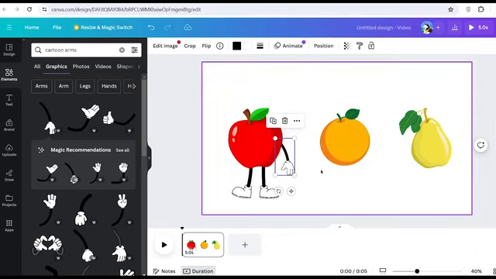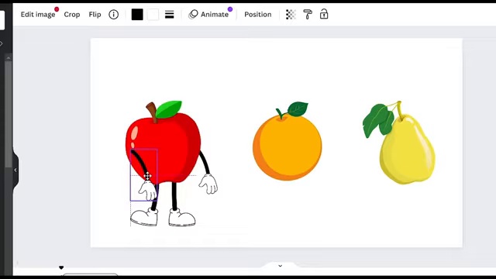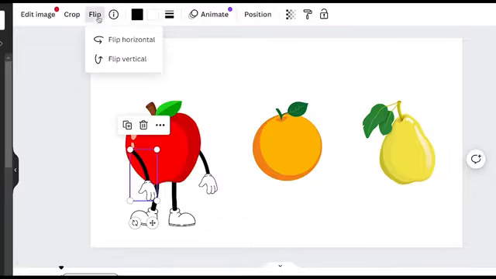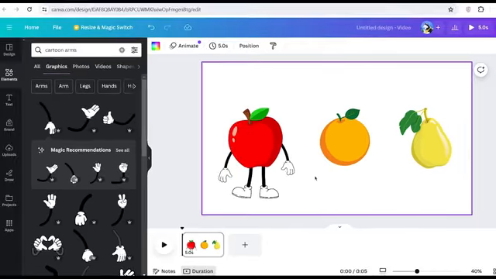It's coming together great. So we need to give him another arm. In order to do this, you click onto this one, right-click, Duplicate. Now we have two arms, but it's a little bit sideways. Don't worry, that's an easy fix. Simply click Flip, Horizontal, and then there you go. We can now adjust it, and then send it behind, and look at this, the apple is already looking way better. And now the last thing we need to do is give him a face.